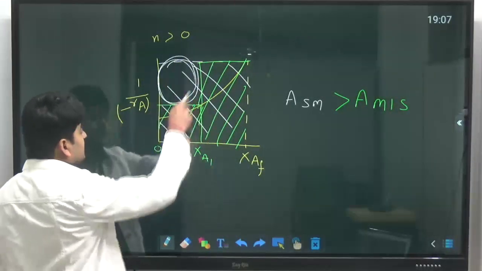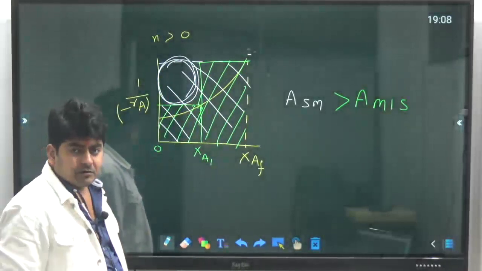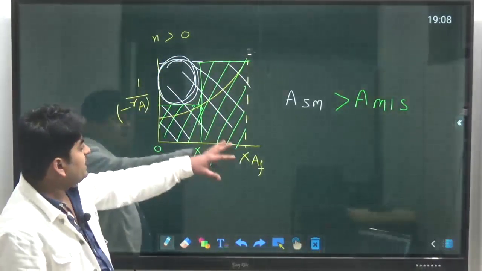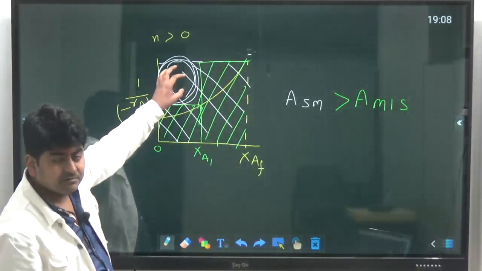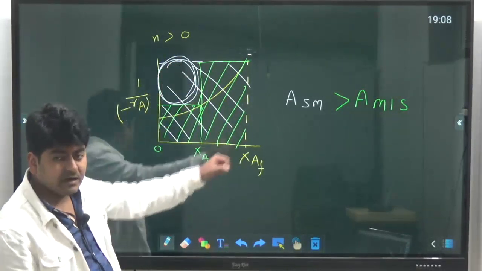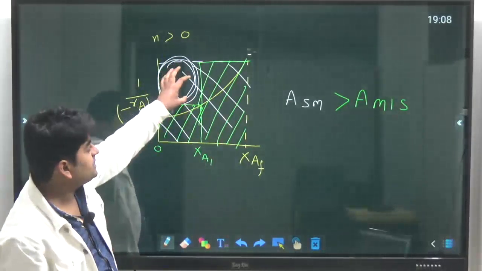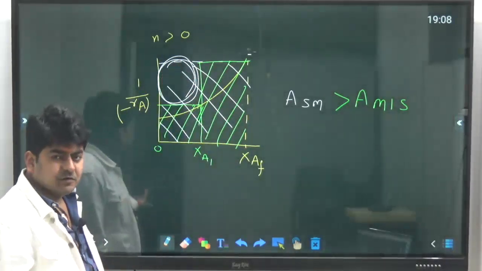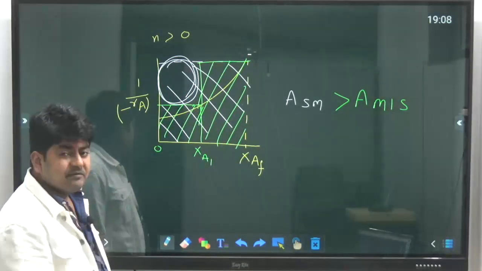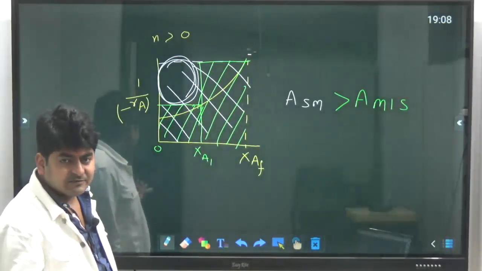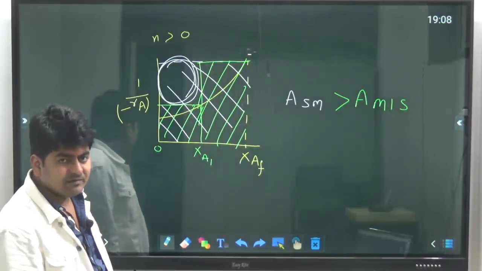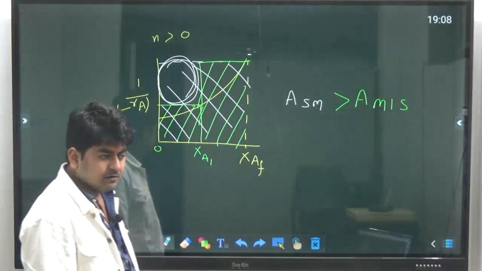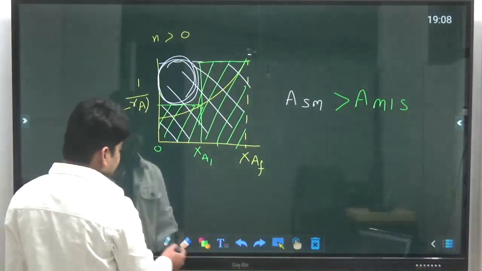Okay, why? Because this additional area has been removed, has been reduced. For a single MFR we were having this additional area, meaning additional volume, but for MFRs in series we don't have this additional volume here. So that's why we can say for a positive order reaction, MFRs in series require less volume as compared to a single MFR for the same overall conversion.